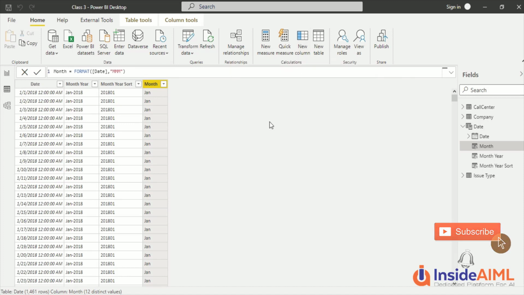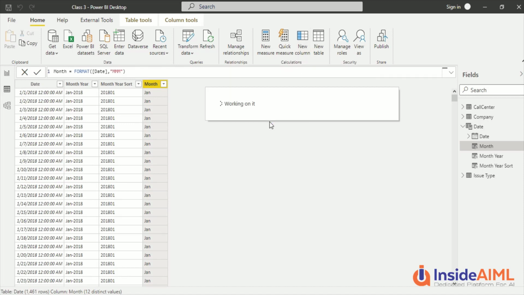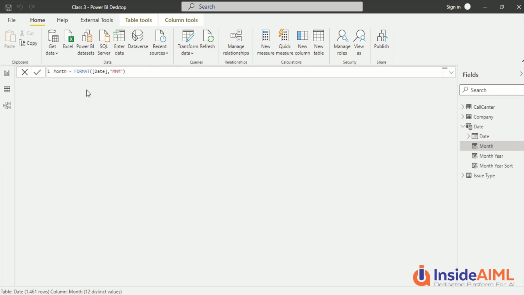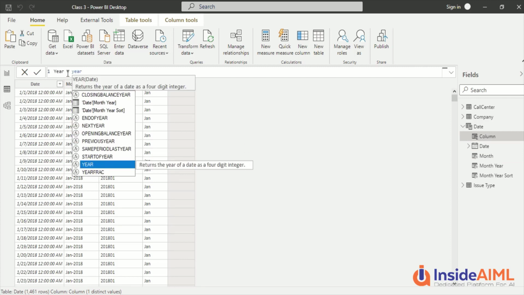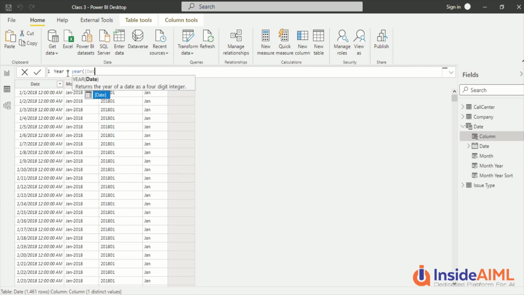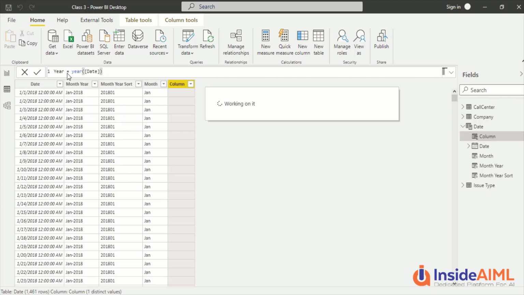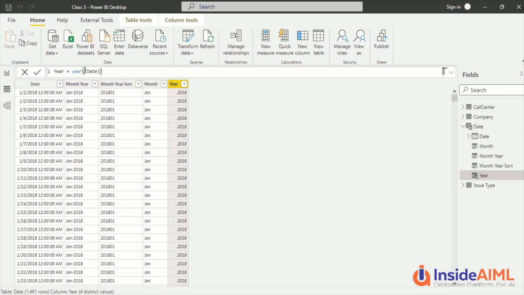Now for the year column, which I wanted you to create as another one, I'm going to do it a bit differently. I'm not going to use the format, because for year we have a function, year. That's what I wanted to tell you. So year, and if I pass date to it, it can extract the year part from the date. And we need to be very careful. We should preferably mention a table name. That's the ideal way, because this date in the model could be misleading. So let's give a date here. Okay, so now we got whatever we wanted.